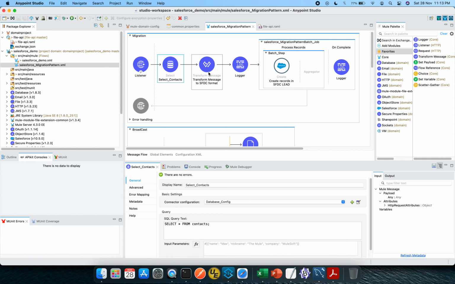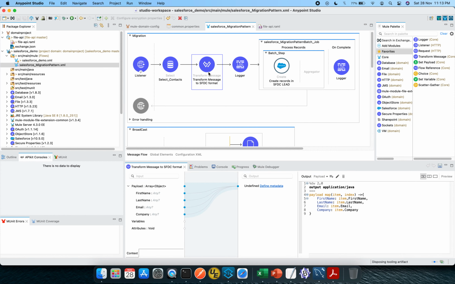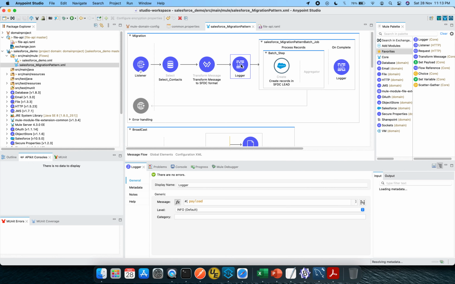After that I have placed a transform message. It will be expecting a map, or you can say an array of objects. So that's why I have used this map, and inside the map these four elements, first name, last name, email and company, are mentioned. After that there is a logger which is going to print the payload, and after that I have dragged and dropped this batch job onto the canvas.